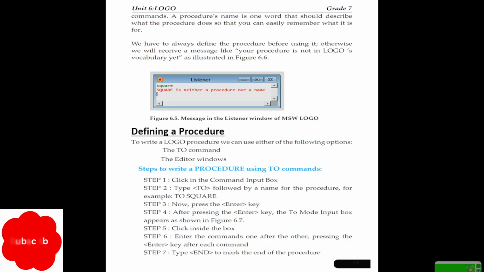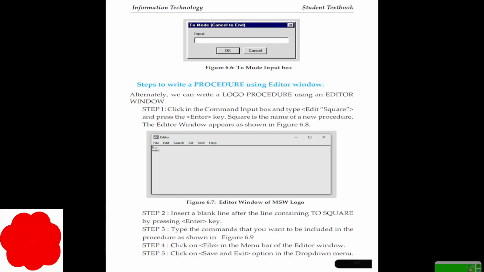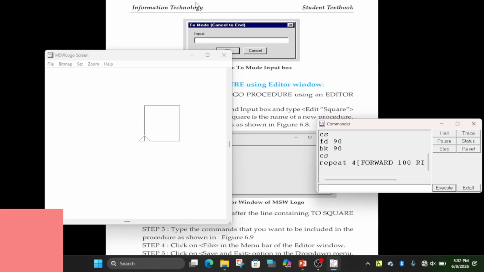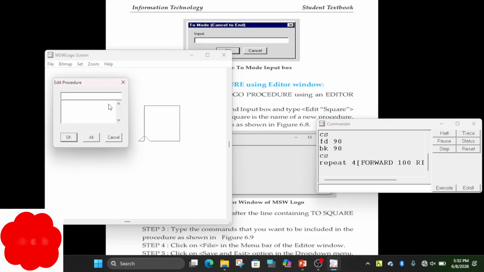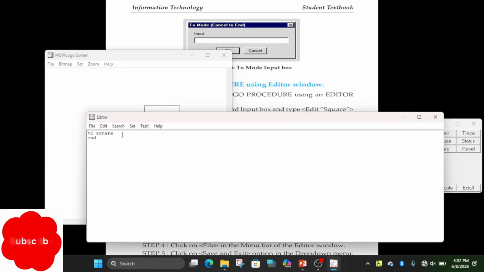In the module input box, click inside the box and enter the commands one after the other. We can also use the editor window. There is an editor window that helps to type a procedure. File, edit. You can create a procedure, for instance, square. Then you can type here the procedure for square, for instance. Repeat